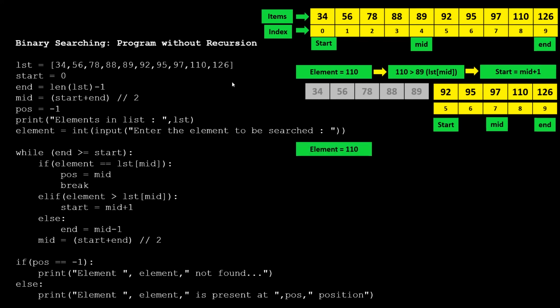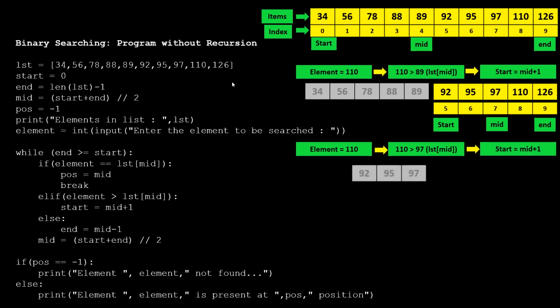Now again, the element that we want to search is compared with the value present at the mid position. The value is 97, and we can see that 110 is greater than 97. So again, the start will be reinitialized at mid plus 1. Now the remaining left half of this right portion is discarded, that is 92, 95, 97.